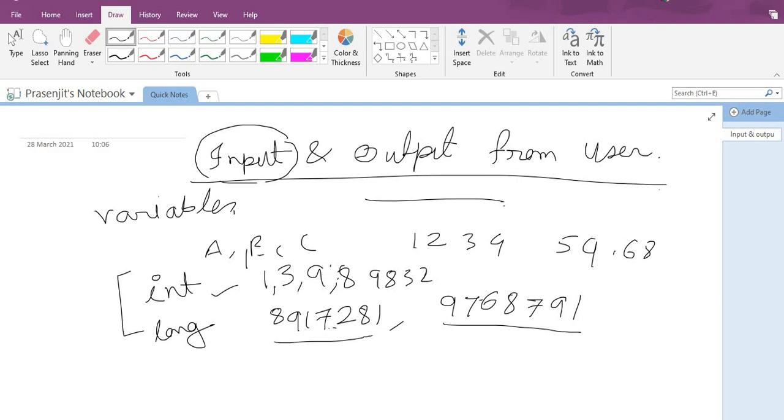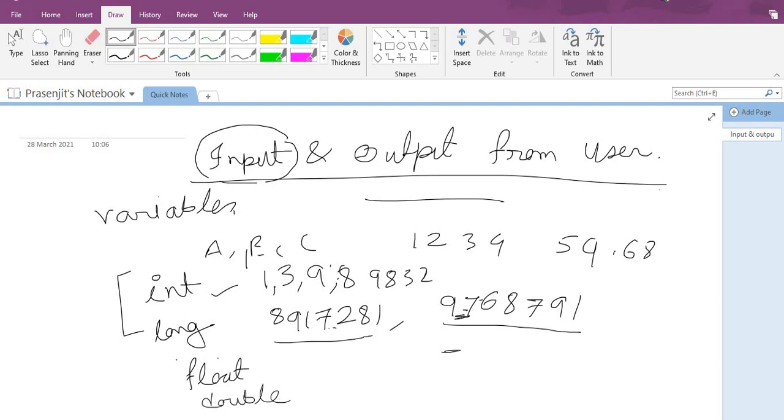Next, we're discussing the numbers which have a point value. Point values have two variable types. One is float and another is double.